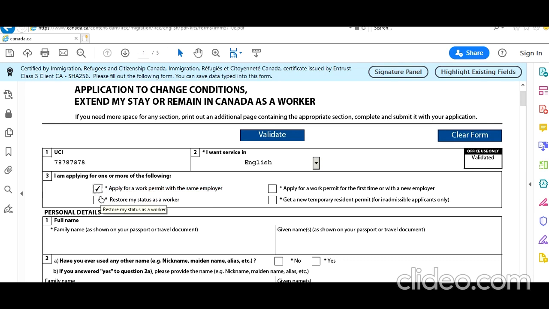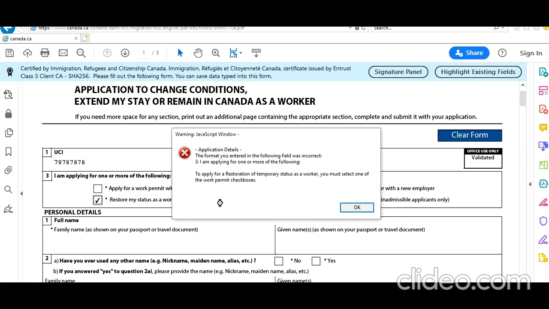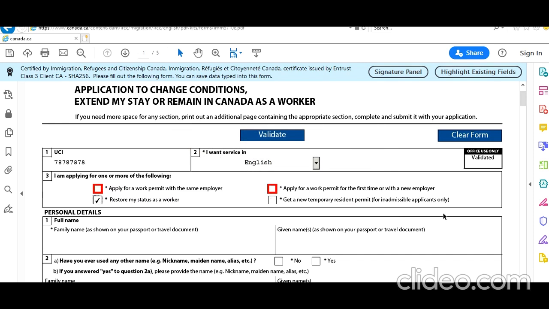Meanwhile, if you also want to restore, like if you are currently on a visitor visa because everything is expired, but you still have maintained your status, then you can restore. You need to select this and then one of these. Like you want to restore and you want to apply with a new employer, you can select this. So like this you need to analyze your situation, and if you are not sure, you can always give a call to the IRCC call center and confirm this.